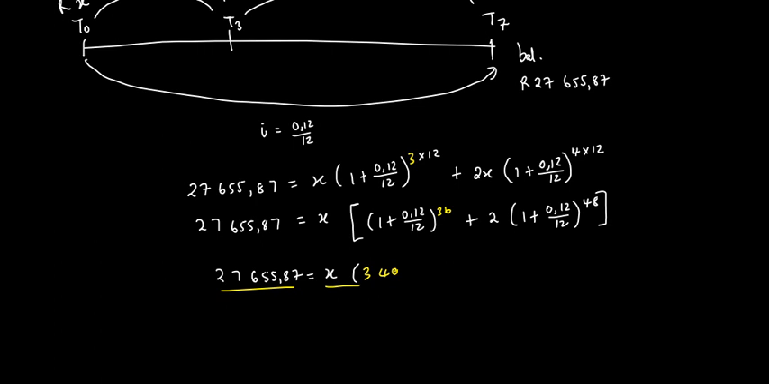3,497.8486. You're going to round off to 3 decimal digits because it's not the final one. 3,497.8486. Therefore your x will be equal to 27,655.87, you divide by the answer, then you are to get